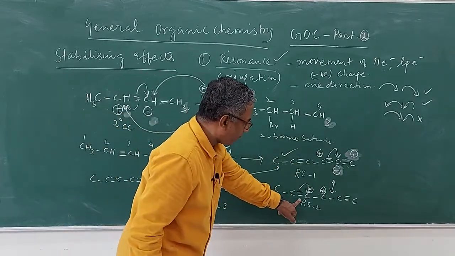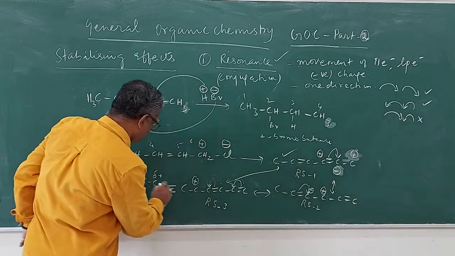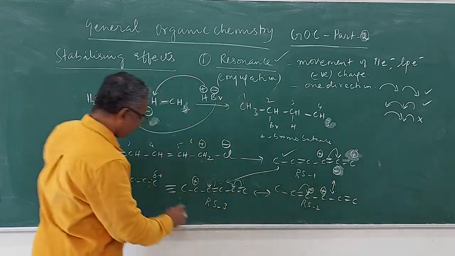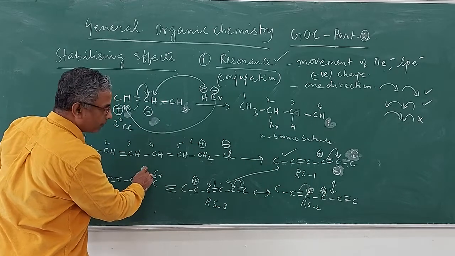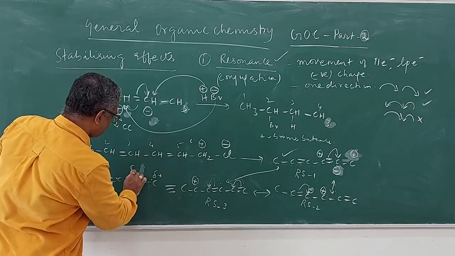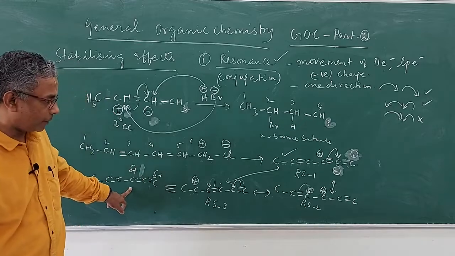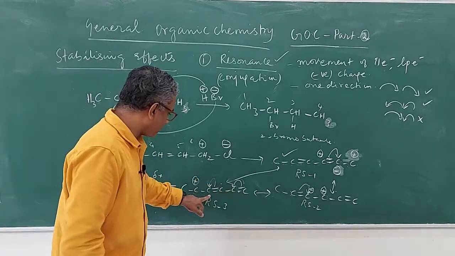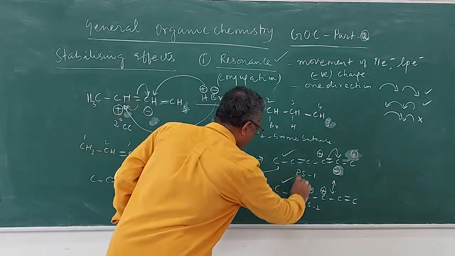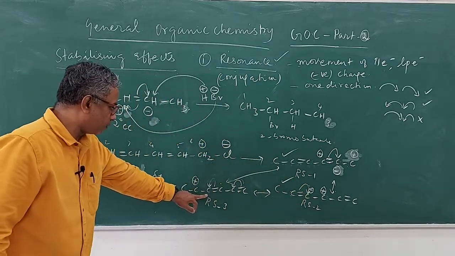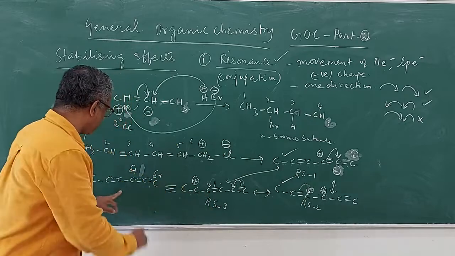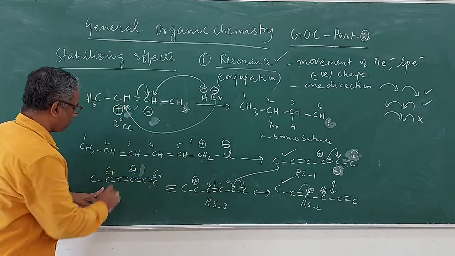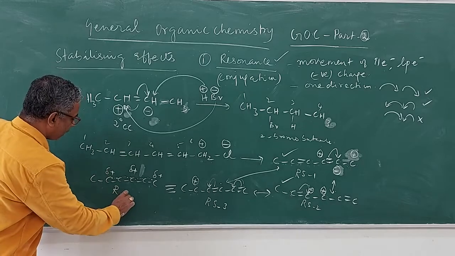In RS2 you have a double bond here, so you put a double bond here. This carbon has got a positive charge, so this carbon will develop a positive charge, not this one. And then you have the double bond here. Then in RS3, we have put the features of RS2. In RS3 you have a double bond here, and then this carbon has got a positive charge. So this is called a resonance hybrid.